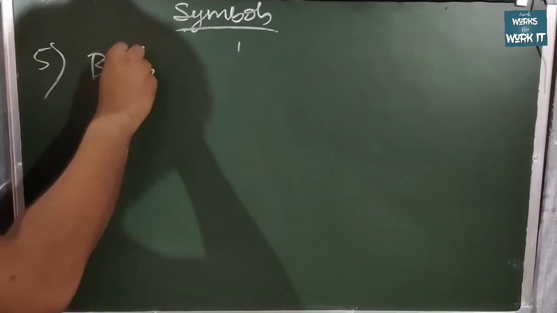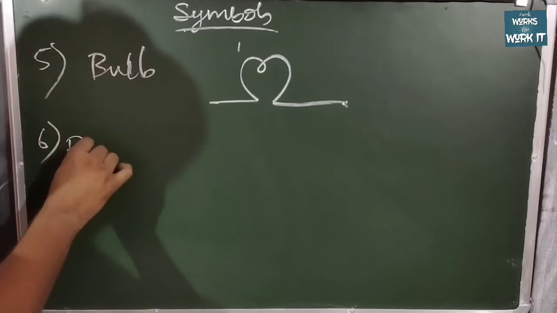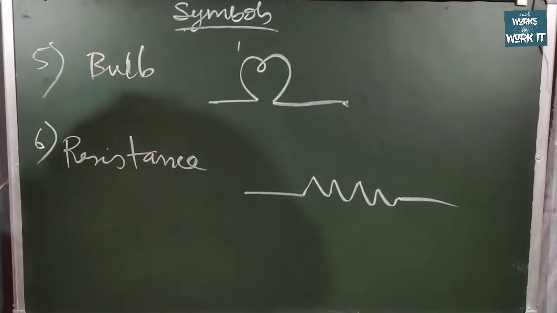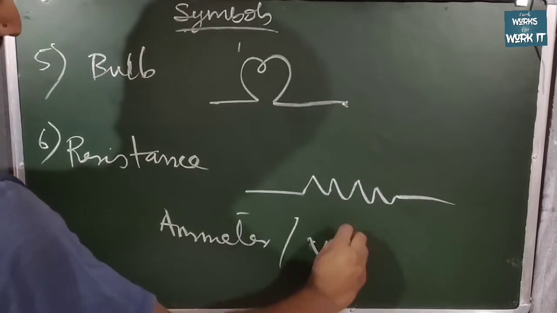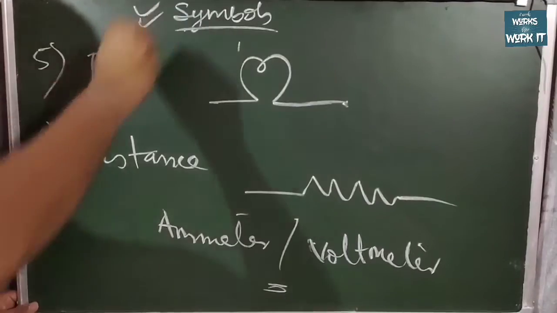Next we will see the symbol of bulb. Bulb is this one, and then resistance. Resistance has a symbol like this one, and then voltmeter and ammeter we have seen already its symbols. So this is all about the symbols used in circuit diagram. Okay,